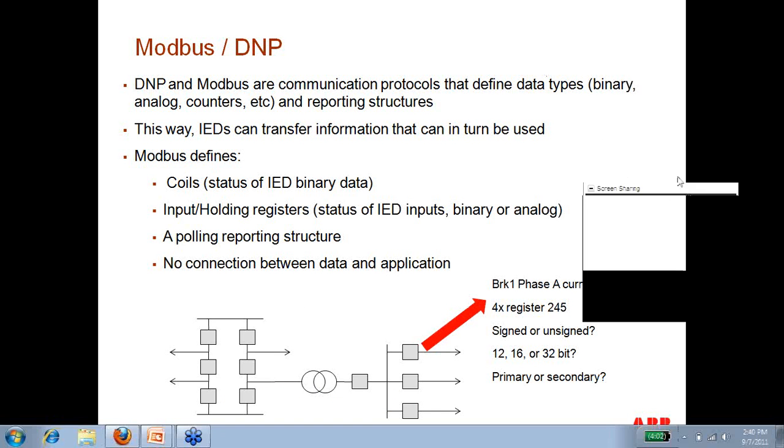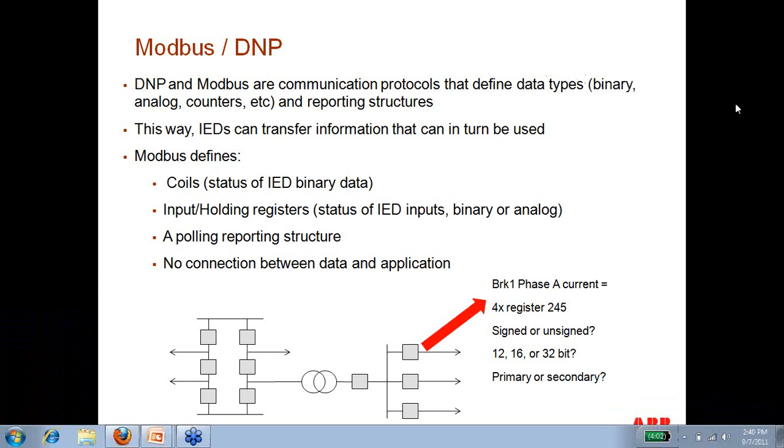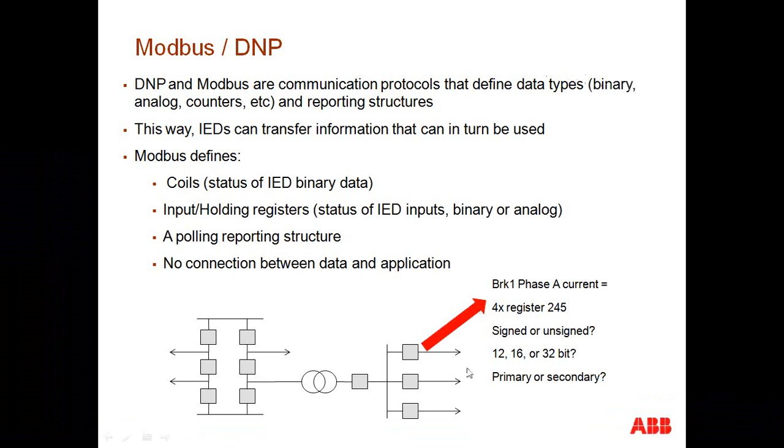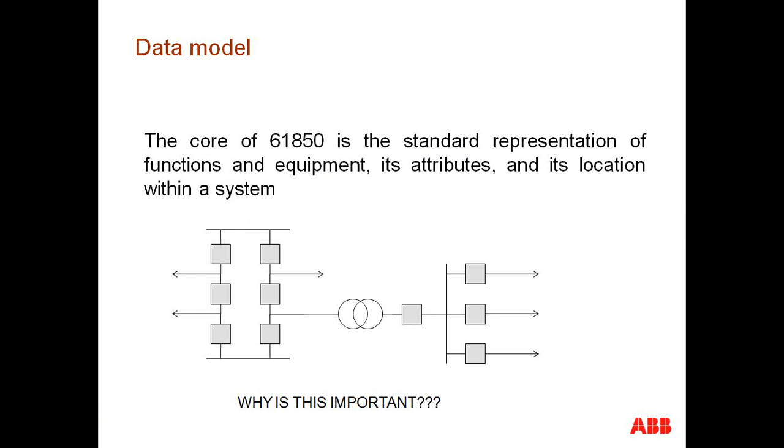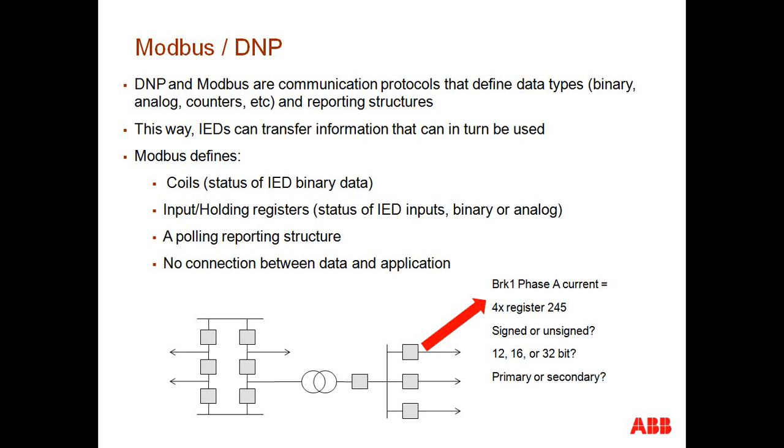Okay. So to get an understanding as to why the standard representation of functions, equipment, its attributes, and its location within a particular system is important, let's take a look at Modbus and DNP. When we look at Modbus or DNP as communication protocols, and by the way, this also applies to SPA, which is an ABB proprietary protocol,